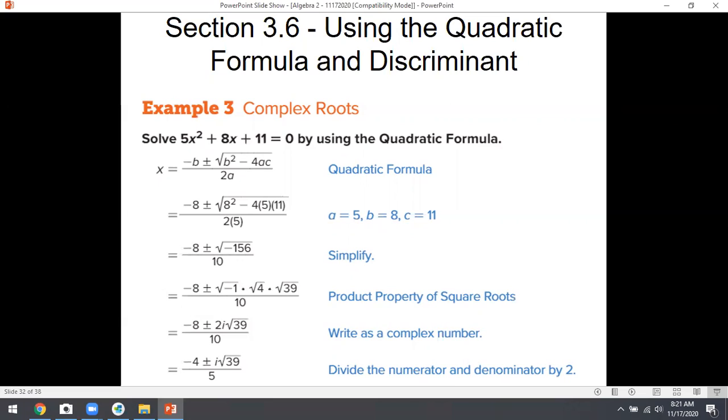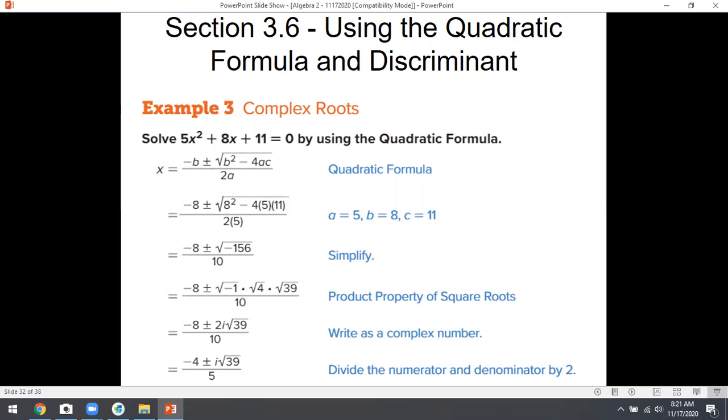All right, 5x squared plus 8x plus 11 is 0. Let's see what happens on this one. Here we go again. x equals negative b. b is 8, correct? So that'd be negative 8 plus or minus the square root of